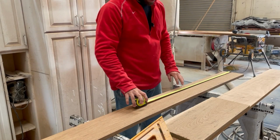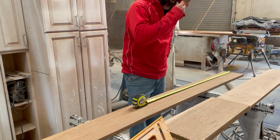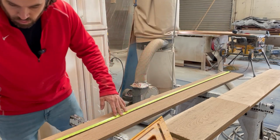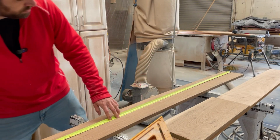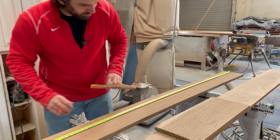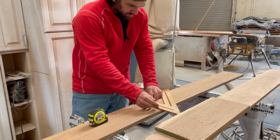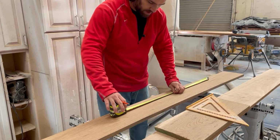Now we have this piece ready to be mitered. So what I want to do, I've got a little bit of skip from the planer there. I want that cut off. What I'm going to do is find the center, 90 inches, 45. So take that 45, our mantle 5 1/2,